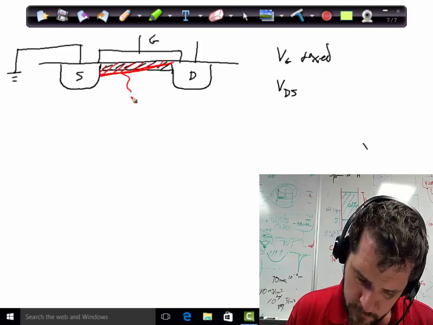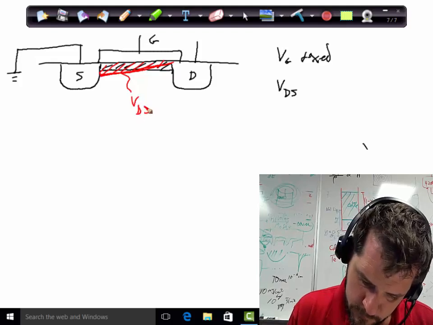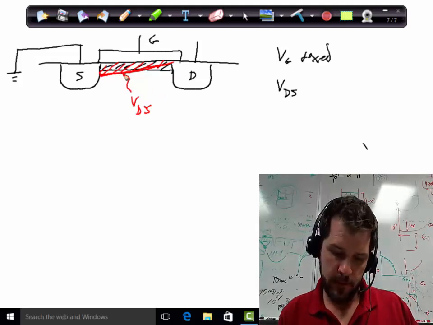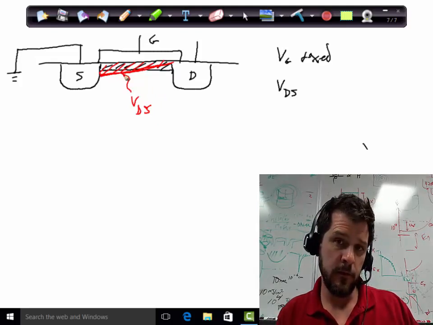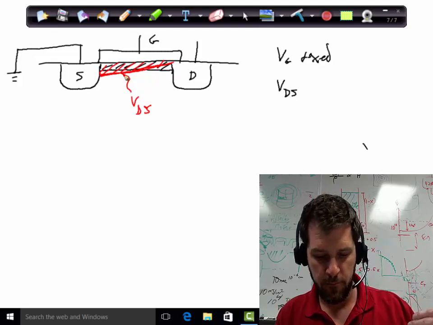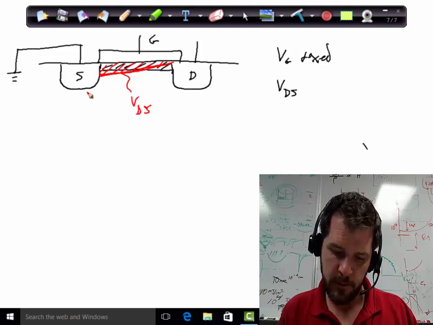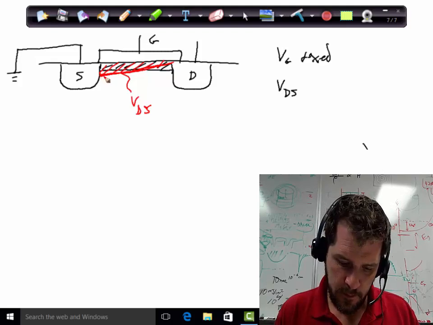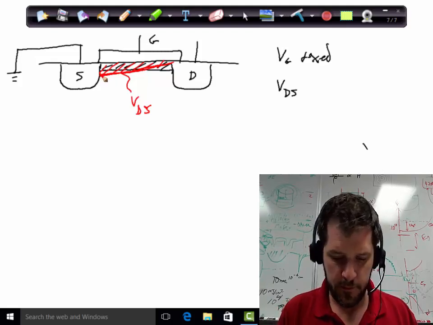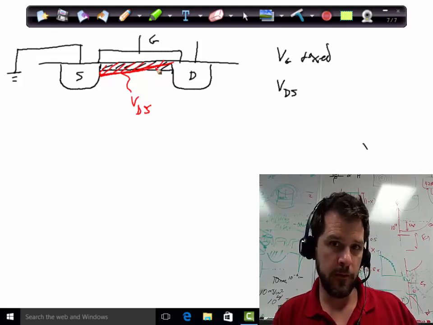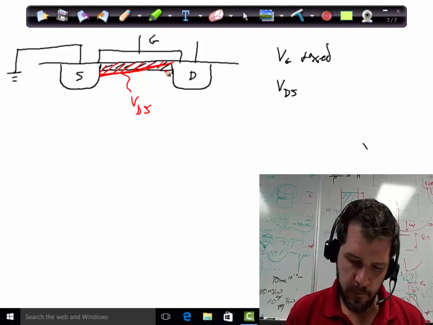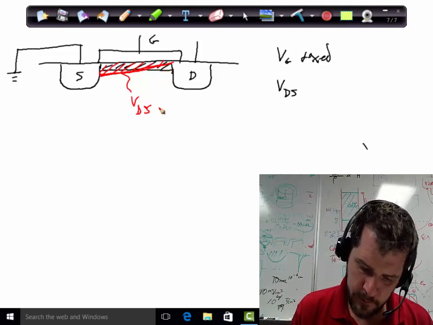So as we superimpose VDS on V gate, and remember that in a resistive channel, the voltage drop will be linear from the source to the drain. So we can kind of imagine that the superimposed total potential at any point is decreasing linearly that way too. So when it so-called pinches off the channel,